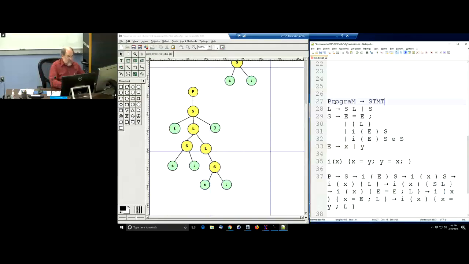Program, statement, list, and so expression, and the best part, if and else. And now you can start to see how this thing actually becomes a practical grammar. This is the kind of thing that you would find in many manuals for programming languages to explain what the syntax is. It's the kind of thing that I, or anyone else who is writing a parser for a programming language, would actually use as their input to